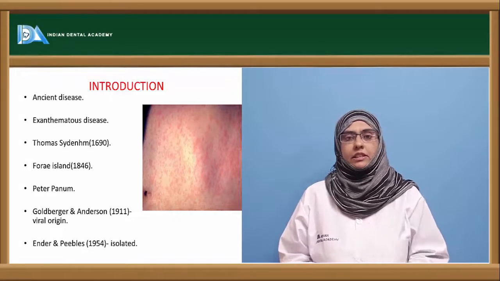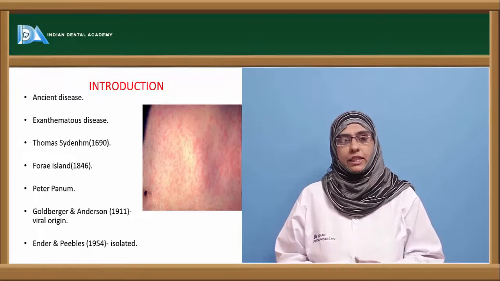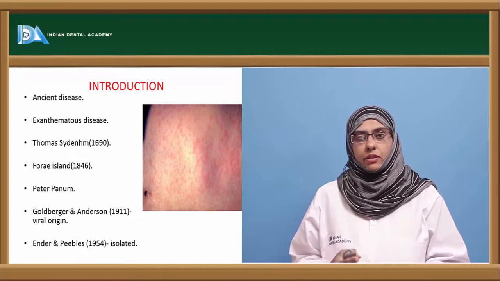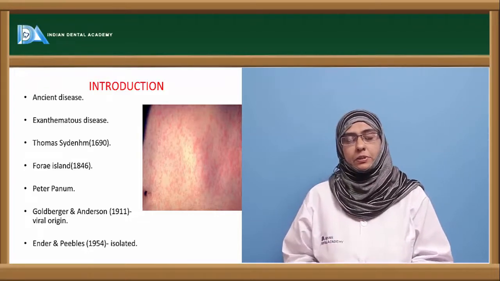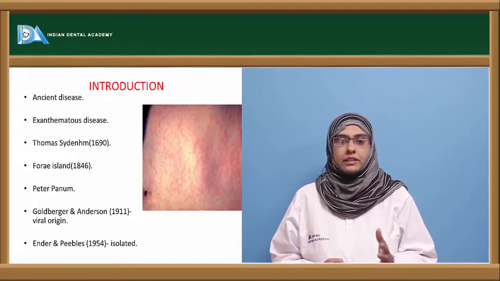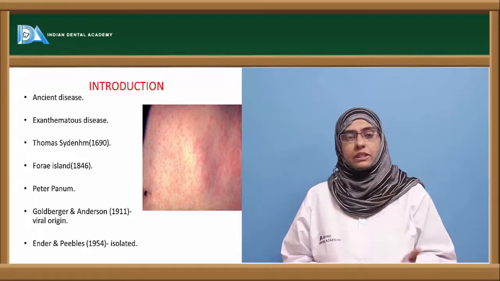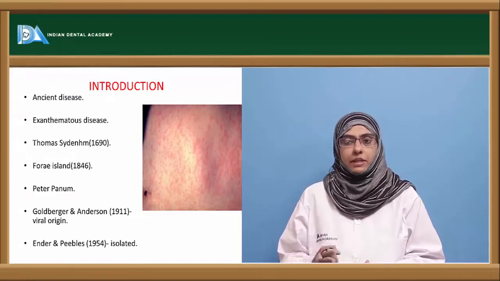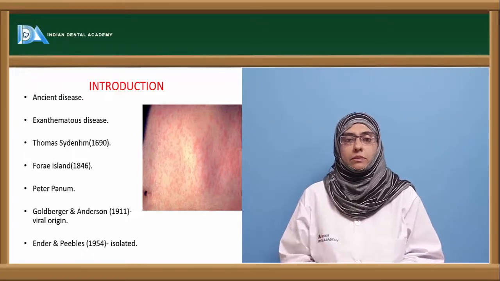That is, the diseases caused by skin eruptions, including smallpox. It was only in 1629 that this disease came to be known as a separate entity, and it was Thomas Sydenham in 1690 who gave a clear and accurate description of measles in the English language. This disease caused an epidemic in the Faroe Islands, and its causation was studied in detail by a Danish medical student called Peter Panum, who established the scientific knowledge about measles.